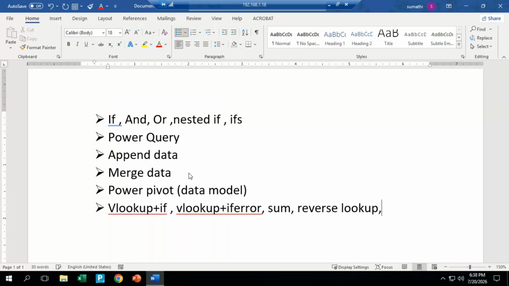When we are going to apply the reverse lookup, we are not going to apply it directly like that. Along with that, we use the lookup plus choose function, that is called a reverse lookup option. Next,